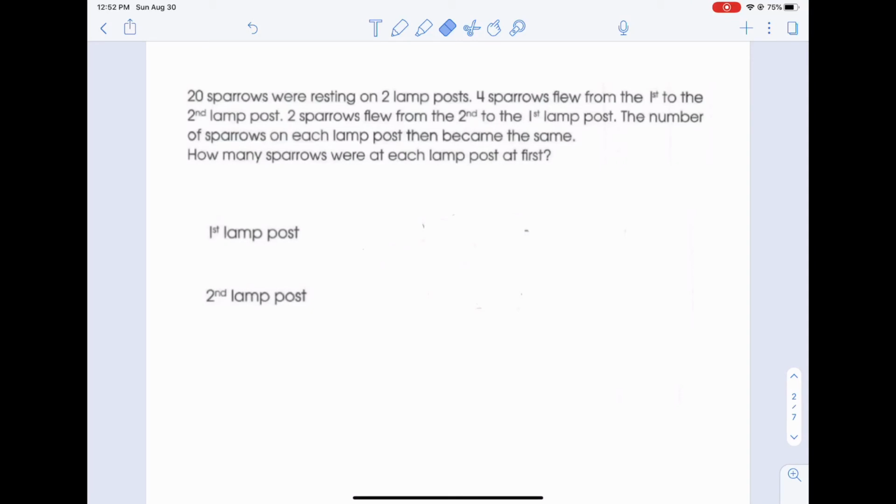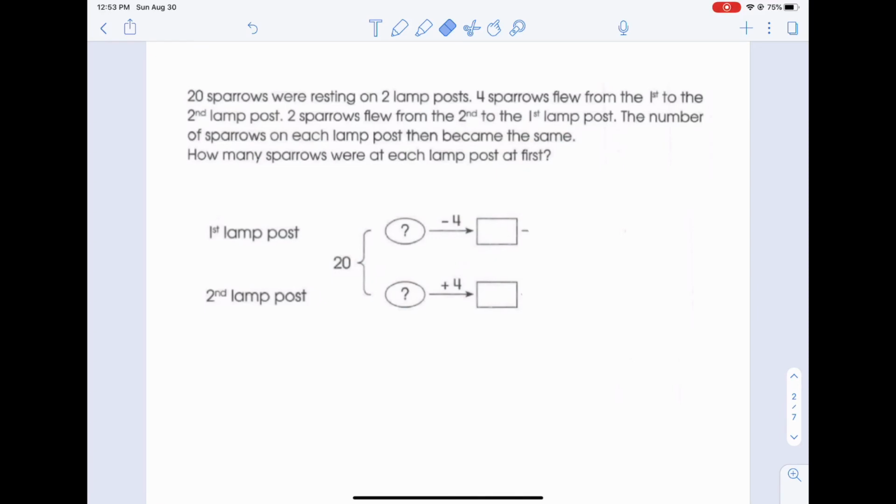And we know that 20 sparrows are resting on the lampposts. We don't know how many each had, right? Not yet. But we do know that 4 of them flew from the first to the second lamppost. So that means we lost 4 from the first one, right? And we added 4 to the second one. And then they tell us that 2 moved from the second one to the first one. So if we know that 2, right, we add 2 to the first lamppost and we subtract 2 from the